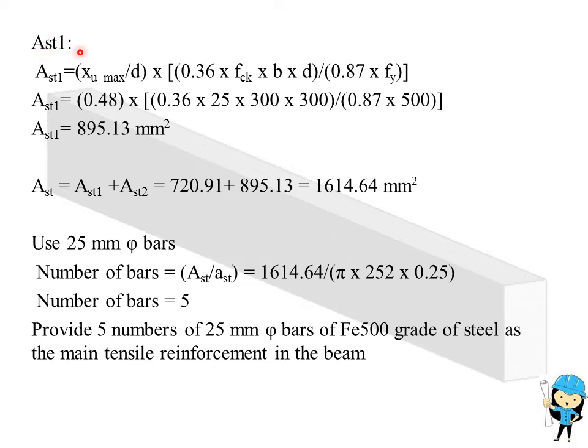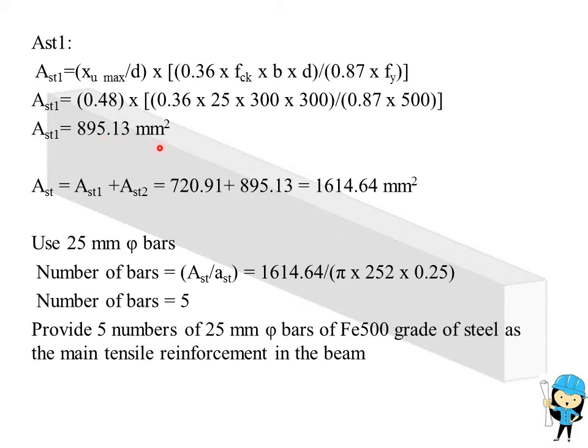Now we are going to calculate AST1. AST1 is equal to Xu max divided by D into 0.36 into fck B D divided by 0.87 fy. So we know the value of Xu max divided by D as 0.48, fck is equal to 25, B is equal to 300, D is equal to 300, and fy is equal to 500. So while substituting all these values, we are getting AST1 as